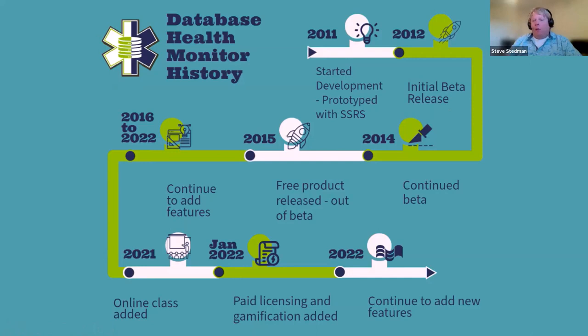That launched in 2012, and through 2012 to 2014, we continued the beta, doing releases every 2 to 3 months, just updating things. And then in 2015, we released it as a free product. It was out of beta, ready and available for everyone. And then 2016 through 2022, we've just been adding features, building the product, fixing bugs, making it stronger and stronger, working with different environments. In 2021, we added an online class, which we'll talk about at the end,